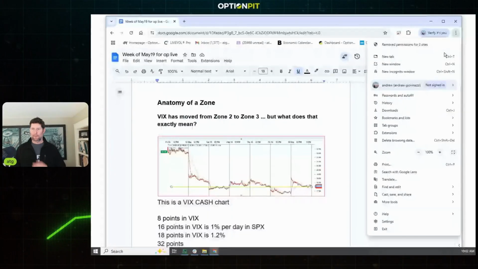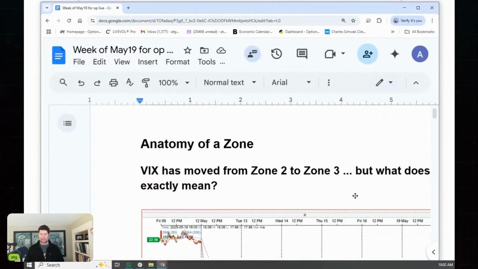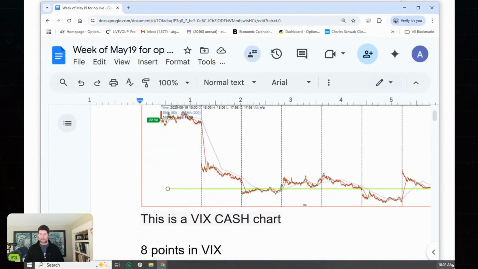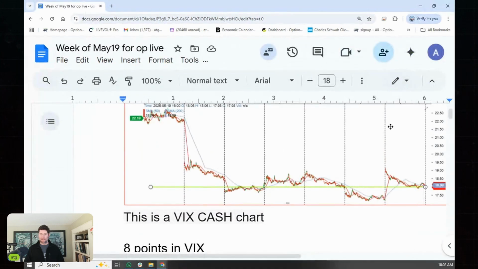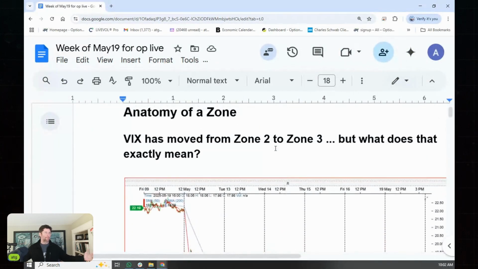Anatomy of the zones today. The first thing I wanted to talk about here is, well, let's see if this chart is big enough for you guys to see well. There we go. All right. So for all of you that have been here,